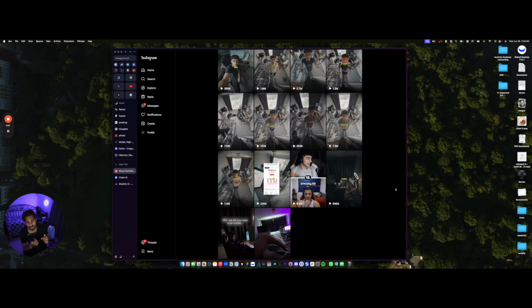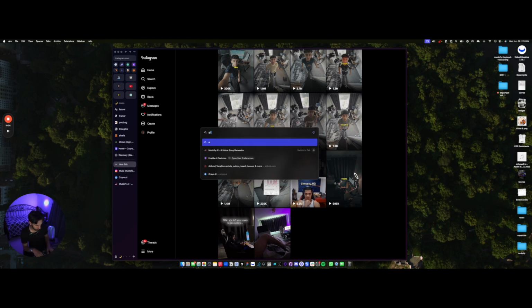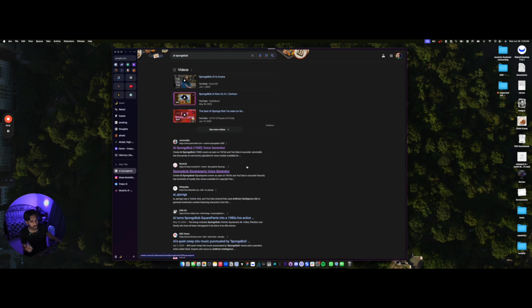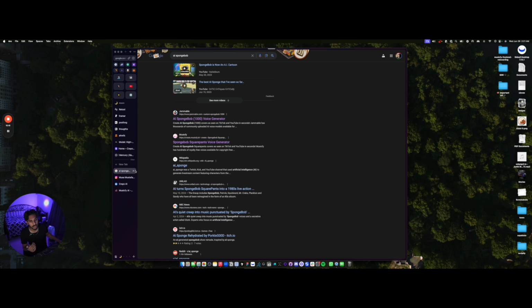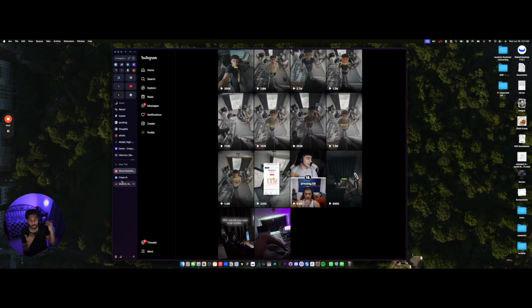For example, Musicfy today grows by around 4,000 to 6,000 new signups a day. I'd say around 3,000 of that comes completely from SEO. People look up AI Drake, or for example, if I look up AI SpongeBob or something, one of the first links, or the third link, is Musicfy, right? And we pretty much do this for a bunch of keywords. So we grow a lot by SEO, because SEO is crazy.